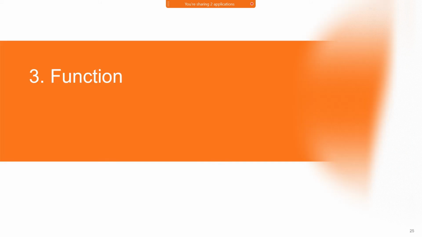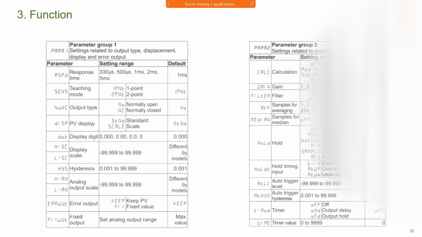For chapter number 3, it is the function. I will explain the functions of our BD series. Normally we have 4 parameters. For parameter 1,